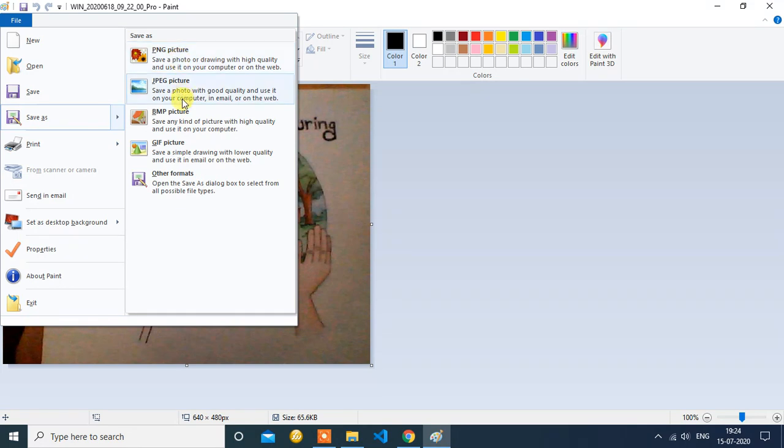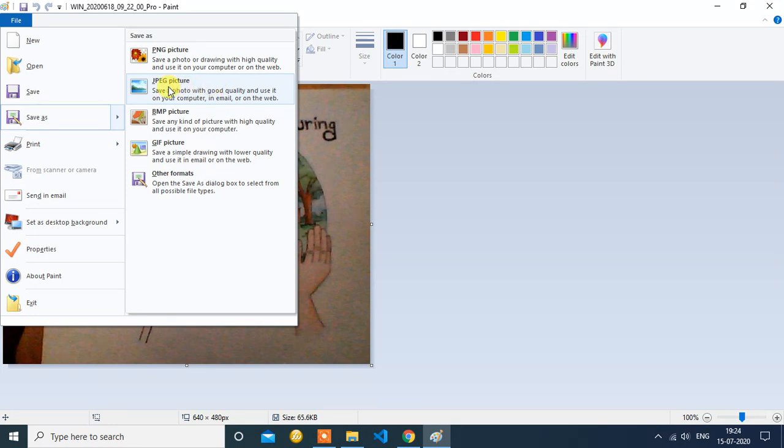BMP pictures actually take every bit or every pixel of the image, so the file size is large. And PNG and JPG pictures will decrease the file size and they will load fast on the web.